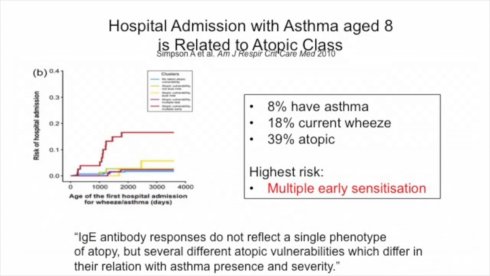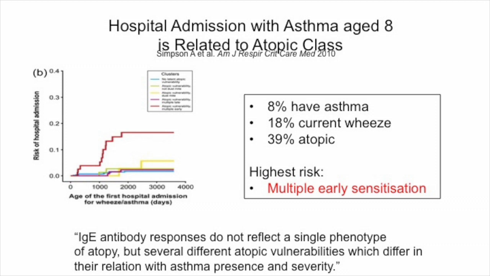We've often thought of the allergy component of asthma, in terms of the individual allergens, as being of equal importance. And so you'd see an asthmatic in clinic, you'd determine on a one-by-one basis, are they allergic to the house dust mite, to cat, to dog, or to grass. But it looks like it's much more interesting than that, and it is important in terms of what you're sensitised to and when that sensitisation occurs.